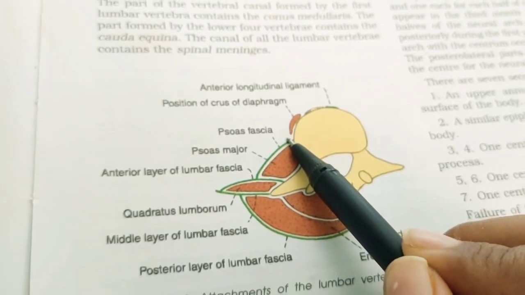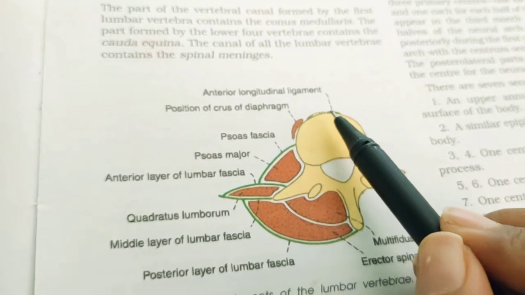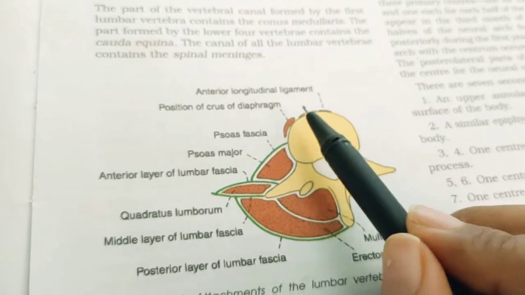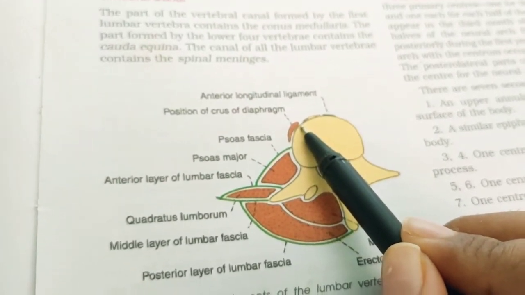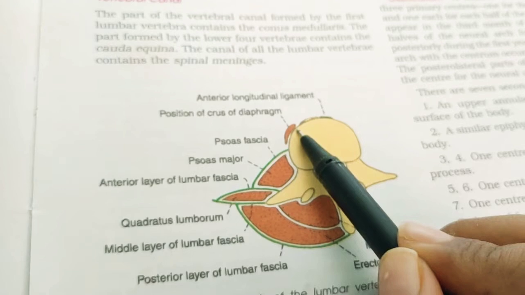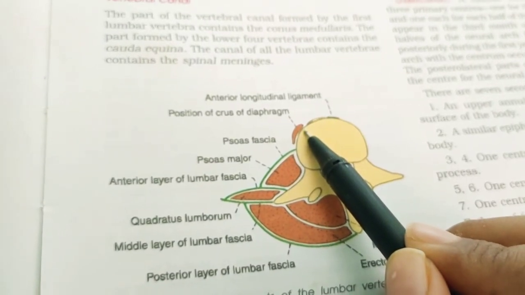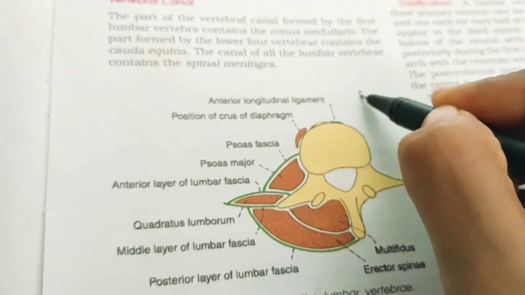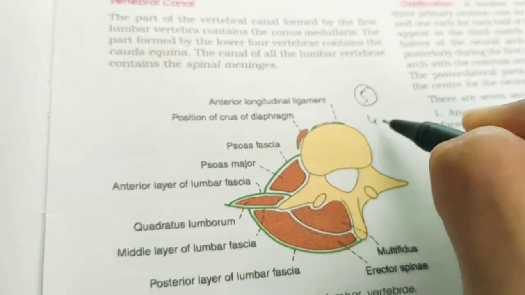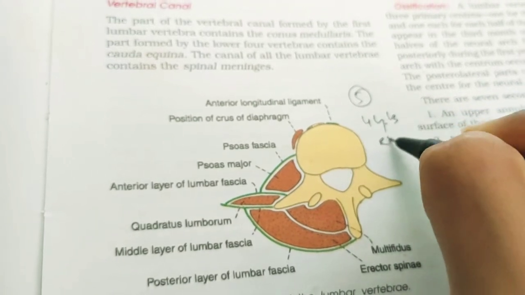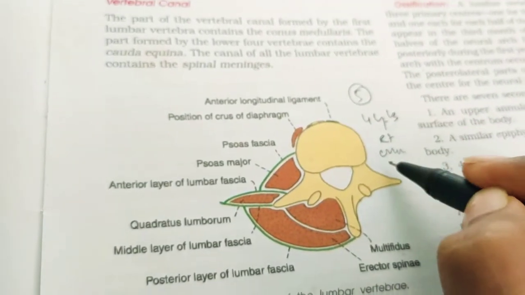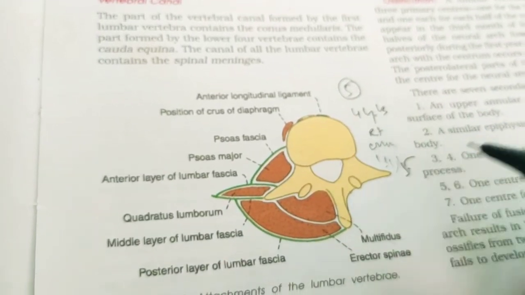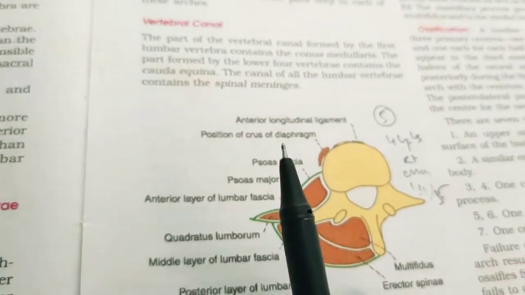So what they mean to say is, just lateral to the anterior longitudinal ligament, there is attachment of the right crus of the diaphragm, especially to the upper three vertebra. And the left crus of the diaphragm is attached to the upper two vertebra, so in total five vertebra. So the upper three, L1, L2, L3, will have the right crus, whereas L3, L4 and L5 will have the left crus. Okay, so that thing you need to remember.